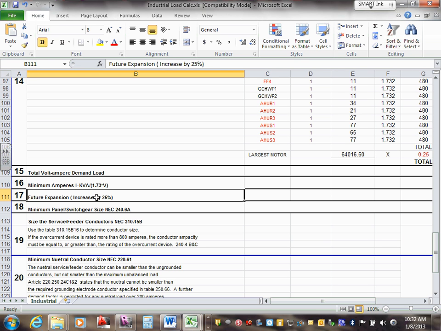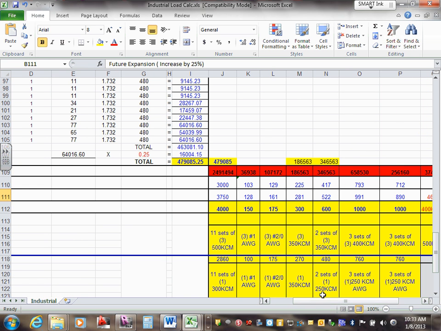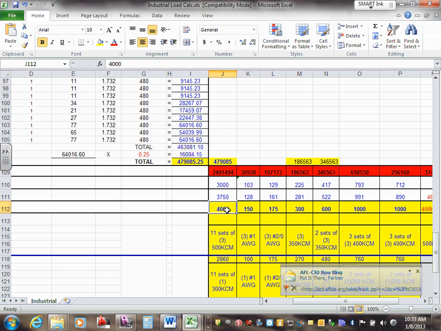Okay, future expansion. You ask, who asked about the future expansion? 25%. Here's my future expansion. I took my future expansion and added 25%. Can you guys see that? And you see where it says 25% at the top? Then I went to